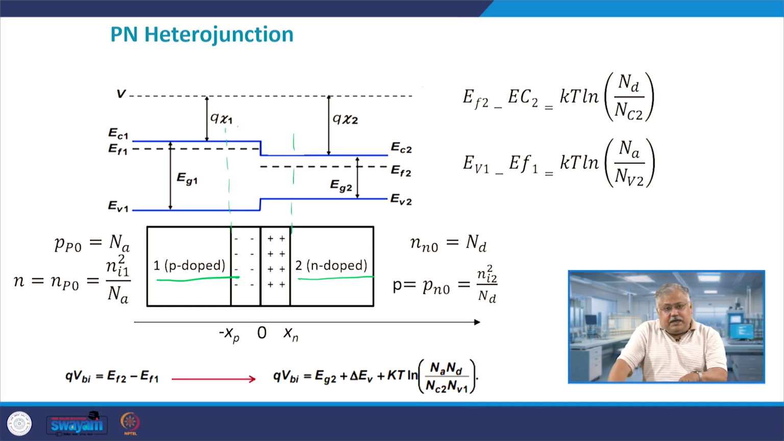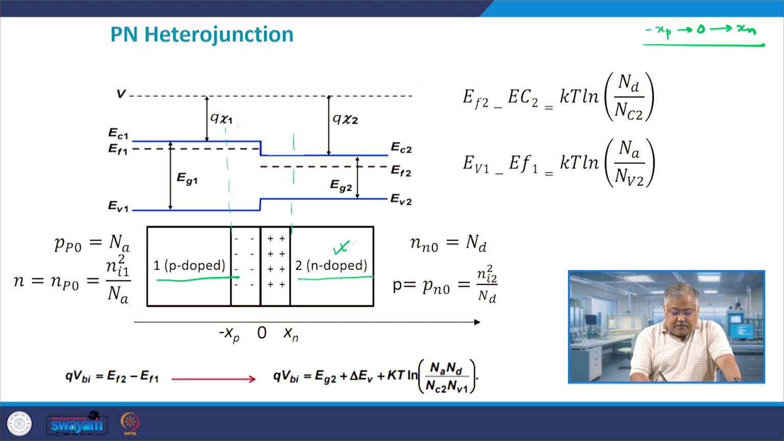There will be charge carriers, but they will actually be fixed charge carriers, and this is the depletion region which we call. So, from minus xp to 0 and from 0 to xn is basically my depletion region thickness which we get, and this is n type doped, this is p type doped. Now, of course, pp0 will be equal to Na, assuming 100% ionization is happening, all the acceptor ions will generate